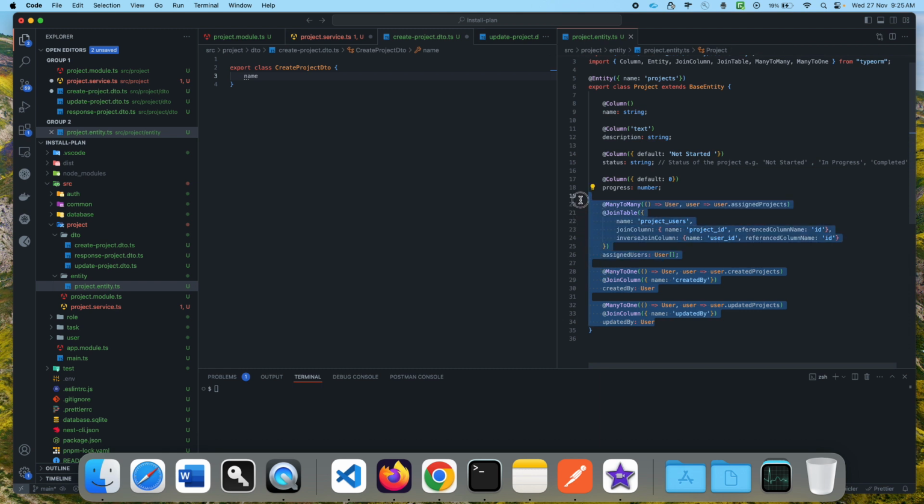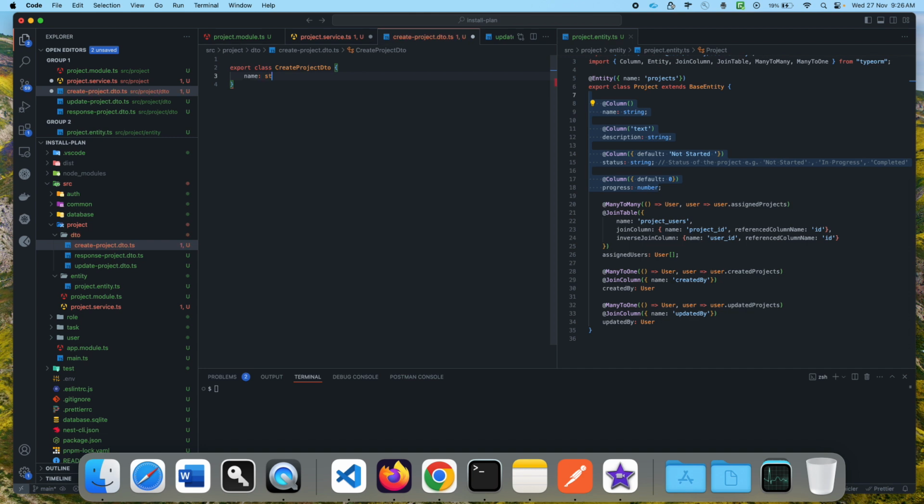That depends on the requirements, whether we want to update this way or create a separate endpoint to update assigned users. So we'll come back later and decide how we are going to assign users. For now, let's talk about the direct properties. Let's say if we are creating a new project, then we are going to use this, description string, and these two things I'll keep mandatory. Alright, and status, let's say it's an optional thing,